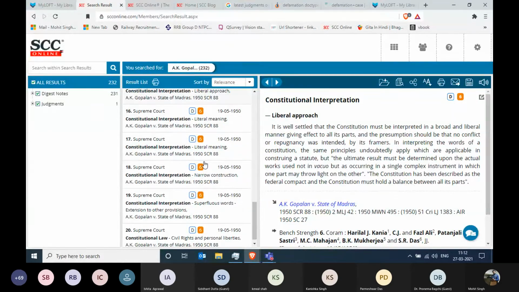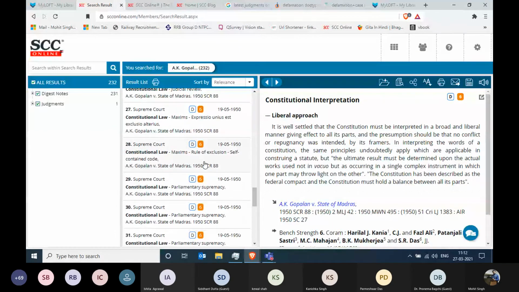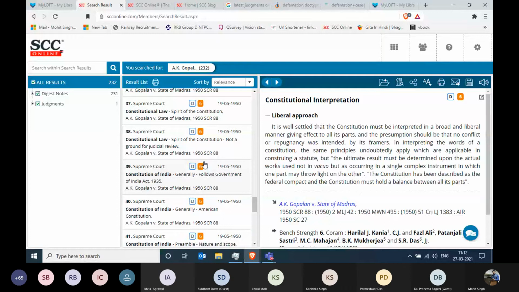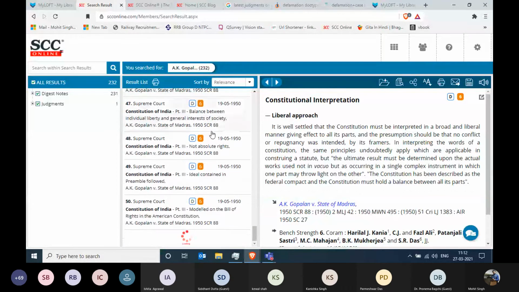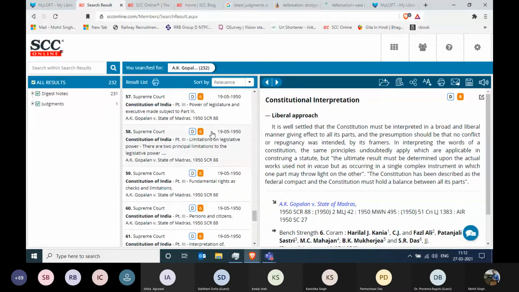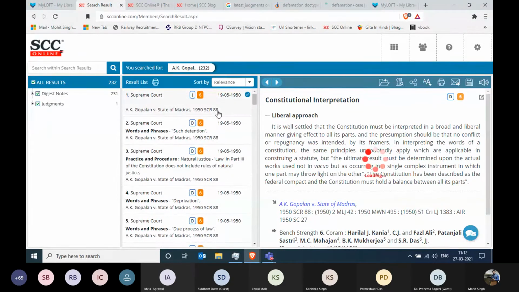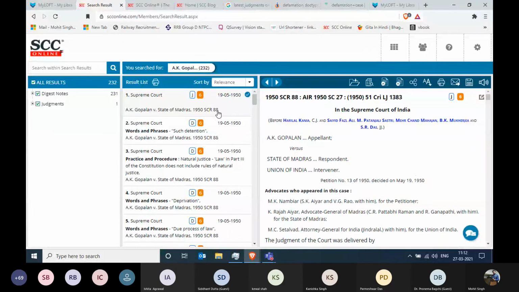Now, when you're scrolling down, it may happen that you would see something. Let me just pull up for you some digest note with a red exclamatory mark. Just a second. Oh, I believe I'm wasting my time by just scrolling like this, right? So the alternate method is, whenever you're looking at a judgment and whenever you are looking whether this particular judgment contains any overruled law point or not, what can you do about it? How can you find it?